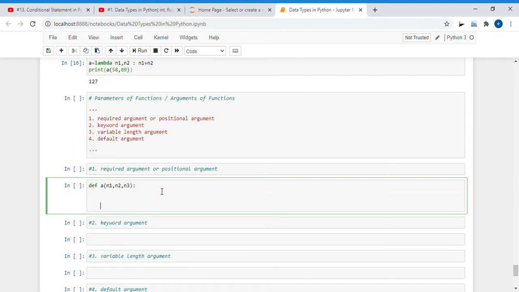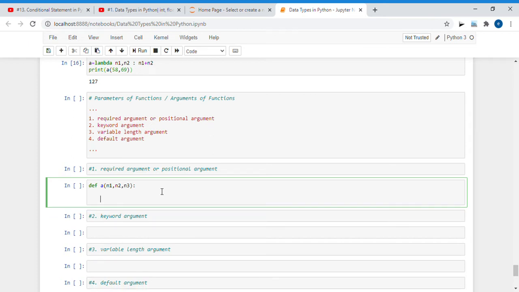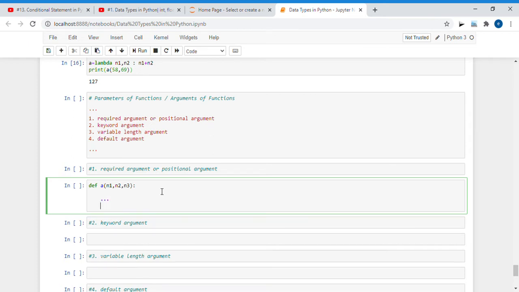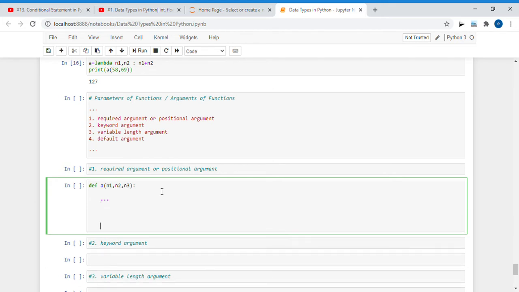While calling the function, suppose I write some code here, whatever code. Now while calling the function I need to specify all the required arguments. So I specify the three different arguments, the same parameters here also: n1 comma n2 comma n3.